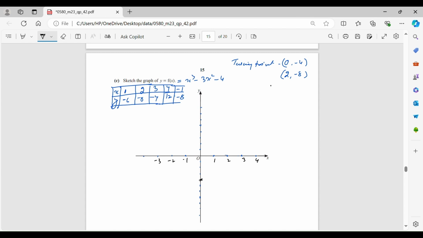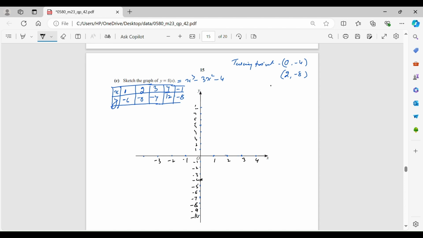This is 1, 2, 3, 4, 5, 6, 7, 8, 9, and 10. So above also, these all are minus, right? And for this 1, 2, 3, 4, 5, 7, 8, right? Now